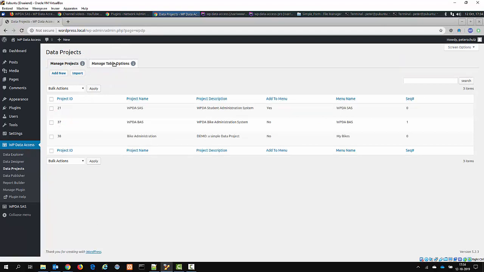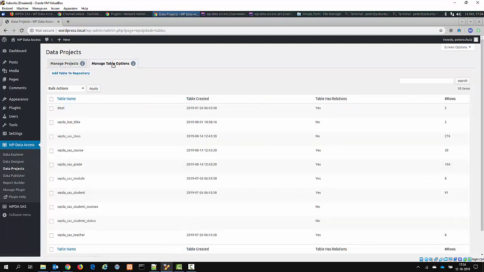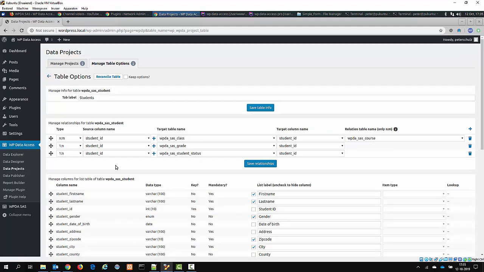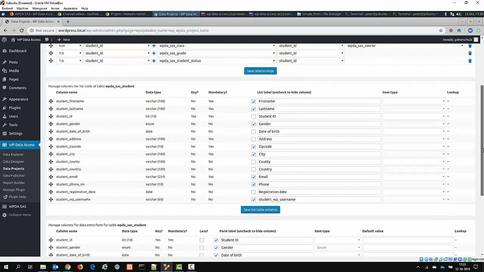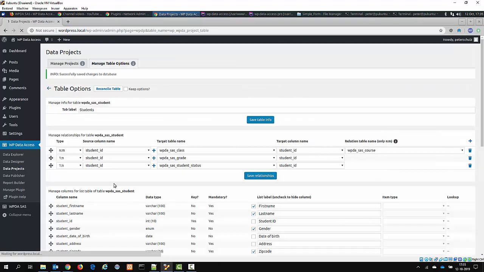So what you have to do then is to move to the manage table options tab. You click on edit, in this case student table, so the table that you want to change, and now you can see that there is a label that you can define. I didn't change it. I just added the column name to it, but I can uncheck this to hide it from the list. This is for the list, the list table. So let's save it, and then